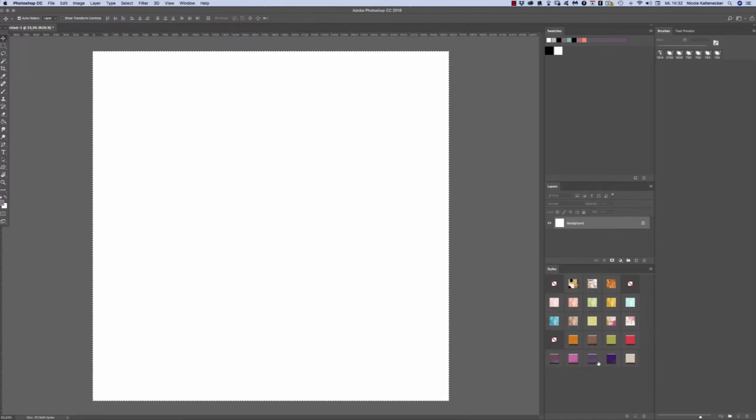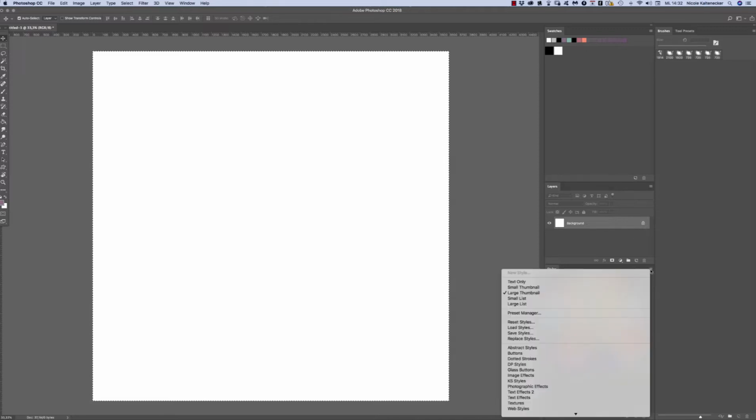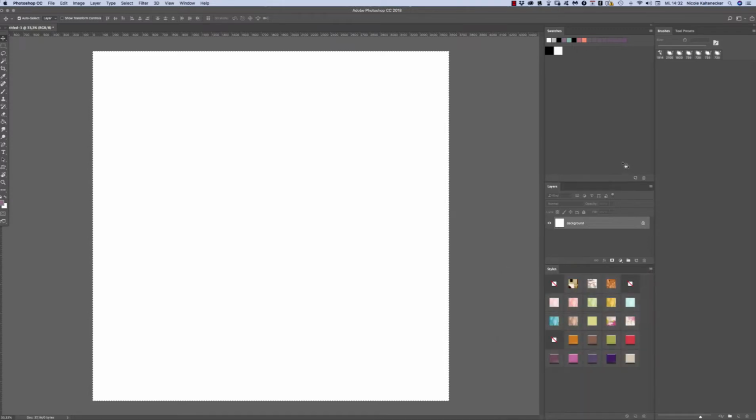Okay, now you can see here are the next styles. So there are 3 ways to load styles into your Photoshop, and what I need to say is the way